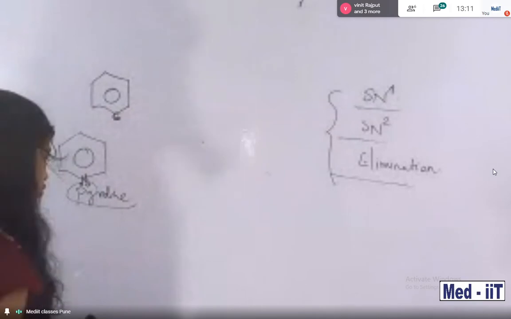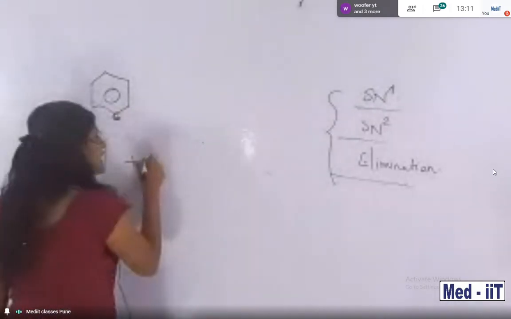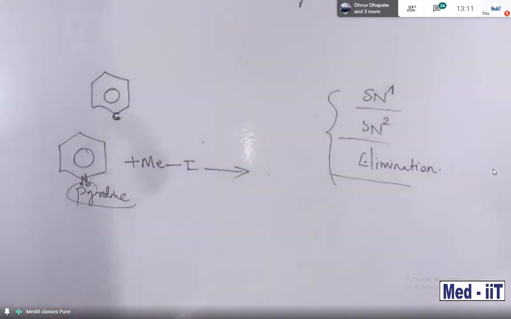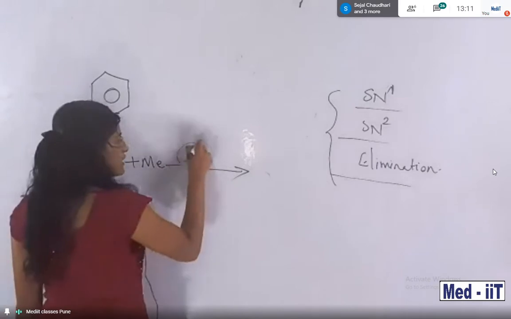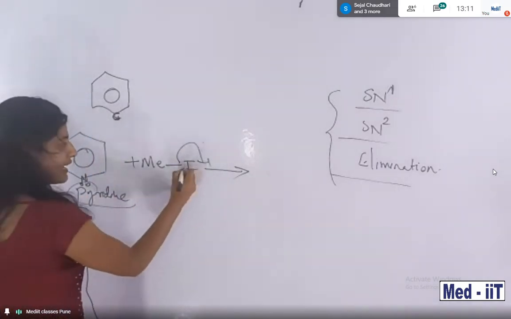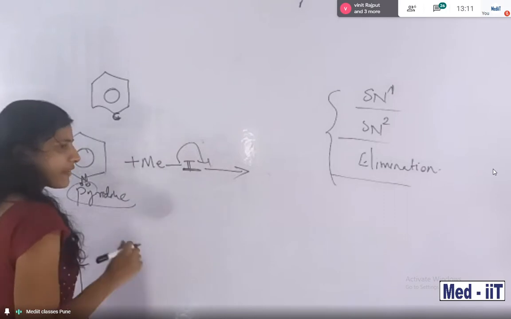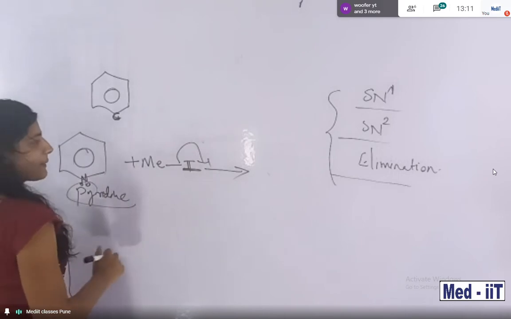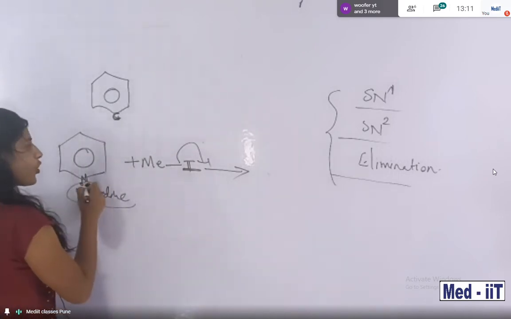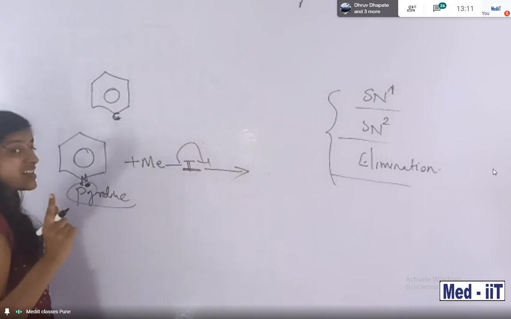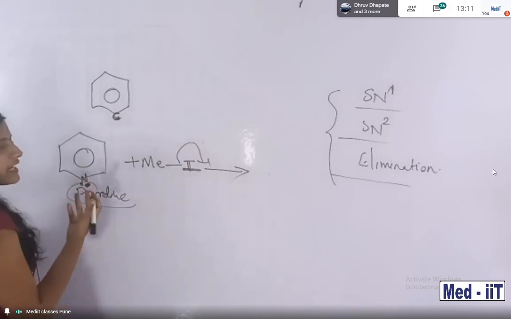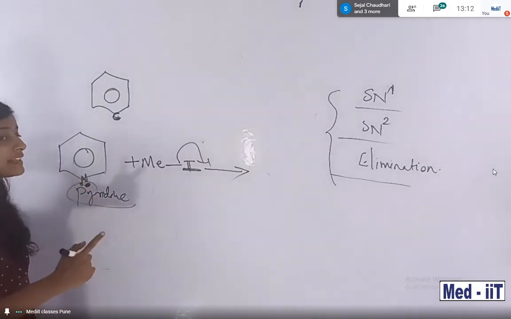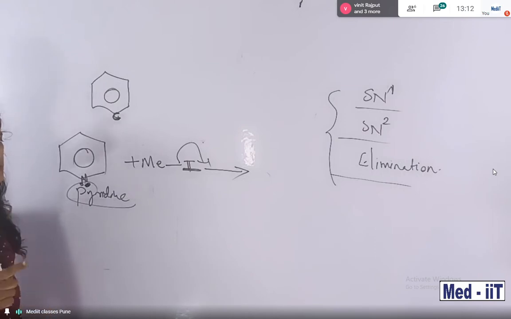Okay. So in the presence of this pyridine, what will we do? Methyl iodide is there. Can you predict, students, what they will do? This is going to remove iodine, na? Iodine is a halogen group. Chlorine, bromine, iodine, everything is halogen. This halogen is removed. So what happened here? This lone pair is going to donate, but a deficiency is created. Why deficiency? It contains no hydrogen, na? That's why a deficiency is created. That deficiency you want to represent as a positive charge.